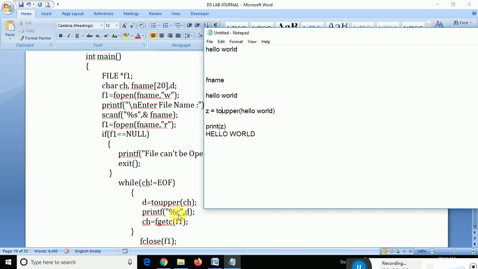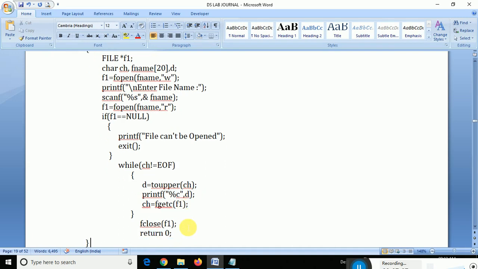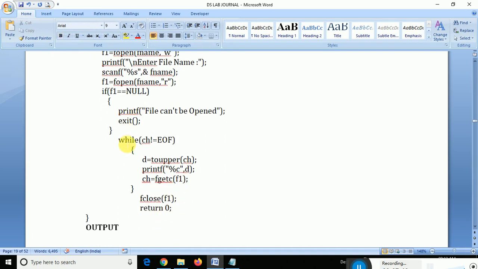After that, it will print in the output, that is, printf we have used. It will print the output HELLO WORLD, and the same thing will be written in the file. Hello world, which is written in lowercase, will be replaced and written in uppercase, that is capital letters. This is how it will work, and after that fclose. Why have we used this while condition?